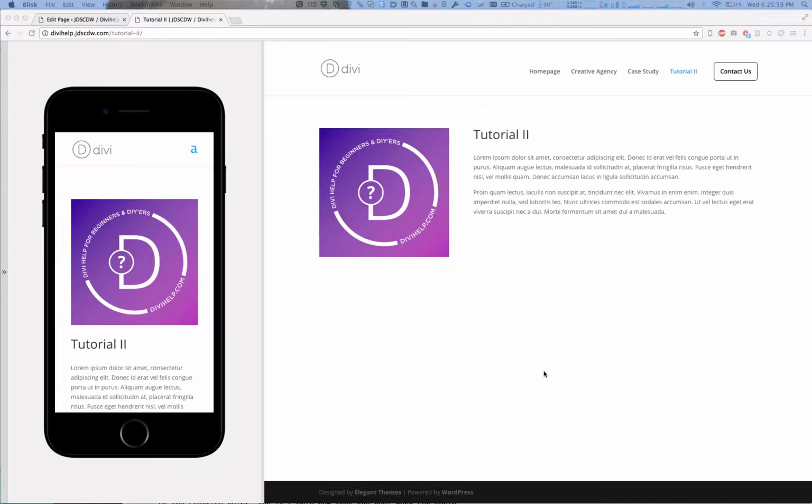So what do you do when you've got a great design on desktop, but it looks a little strange on tablets or a complete mess on phones? Well, in the old days, we'd just build different sites entirely and let a JavaScript or something redirect users to an appropriate subdomain like m.company.com, depending on the size of your screen. But thankfully, we don't need to go to that extreme anymore because Divi enables us to do something similar for